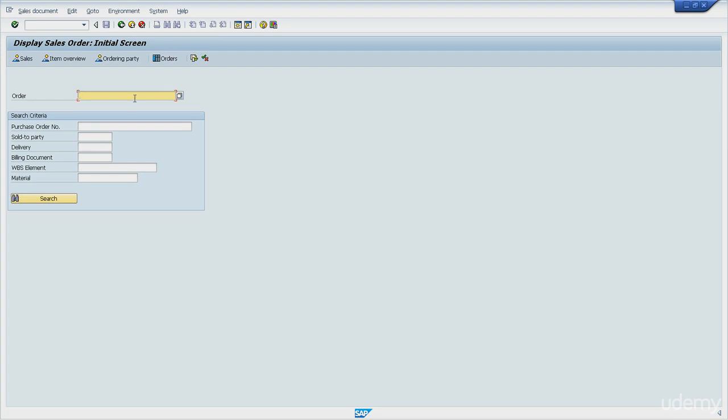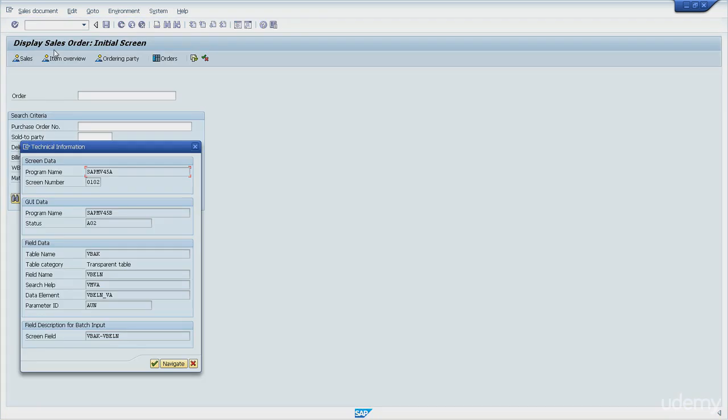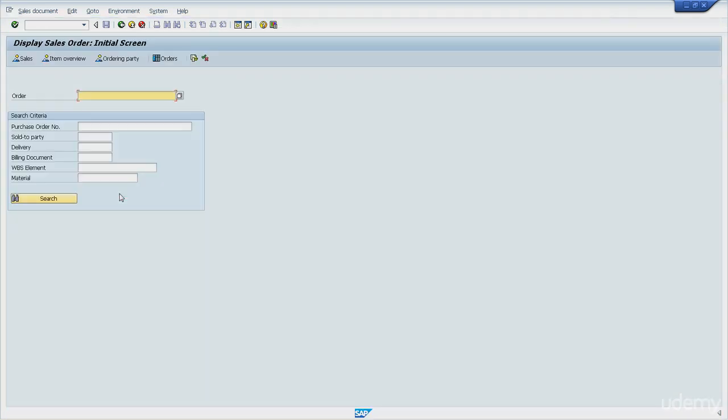So we find it by clicking the field, then hitting F1 for help, and then technical information. Great, we have here the screen field name. Let me copy it. Let me close the other screens. And